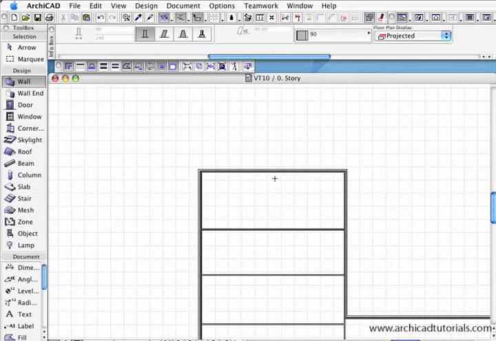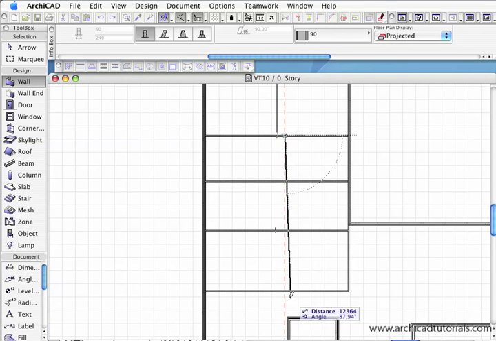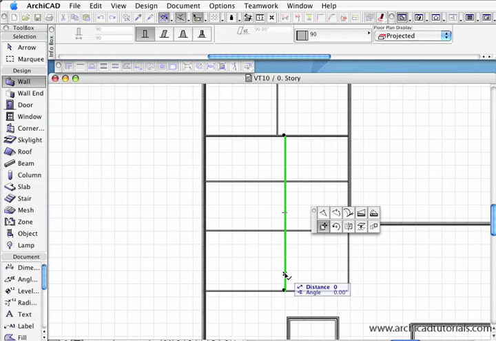Now I might just draw some dividing walls going down the middle of the building. I'm waiting for the halfway marker to come up on the slab. Then I'm going to draw another wall down here and create a little hallway. I'm going to select that wall, holding shift, clicking on it, and then holding the control key on Windows and the Apple key on the Macintosh and shooting that wall out to